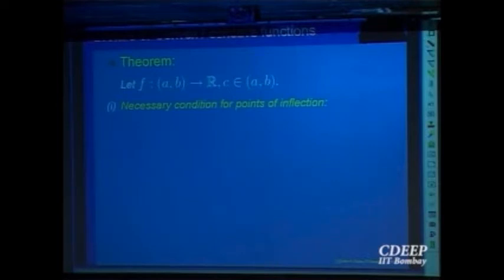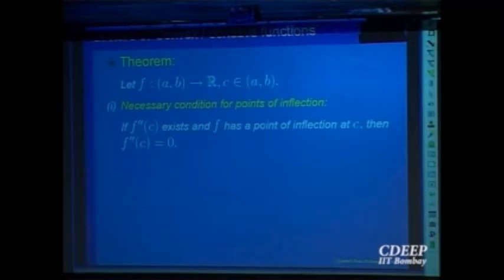But at that point, we are not saying that the second derivative should exist for the point of inflection. It may not even be a point of continuity for a point of inflection, right? We only want that on the left it should be strictly concave up and then become strictly concave down, and the other way around. Okay? But suppose the function is differentiable, the second derivative does exist at the point C. Then at that point the second derivative will be equal to 0. So that is a necessary condition for points of inflection.